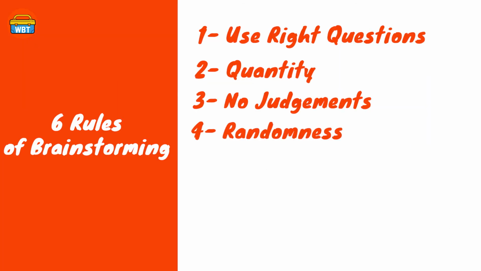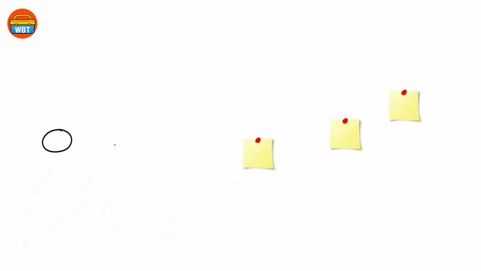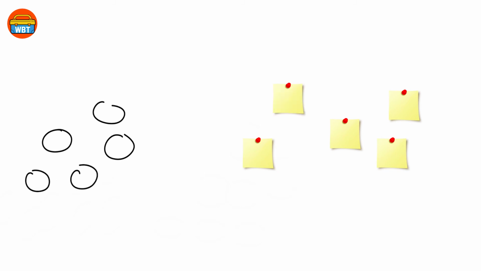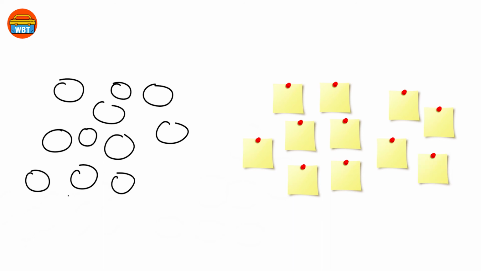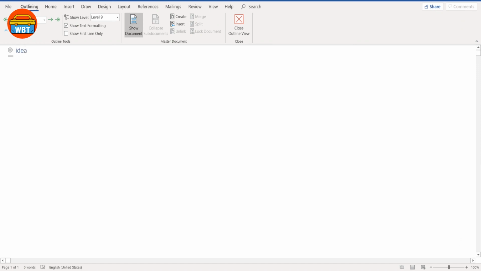Fourth rule is randomness. Brainstorming is about having ideas in a free or random format. So you put one on the right, another on the left, another on the top, etc. Not necessarily intentionally. What I mean is you don't need to think about where to put the next idea. Just write it in the free space you have. For tools like Microsoft Word, it's challenging if you're not using a tablet or a graphic pen, as you'll have to follow its linear format, so you'll have to build the habit of not organizing what you're writing. I'll get to that in the brainstorming tools video.